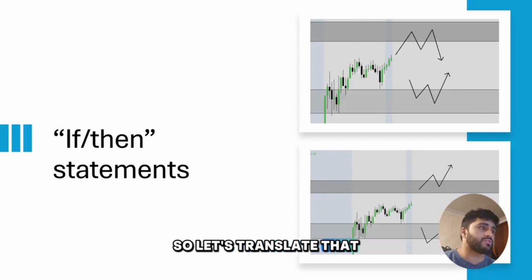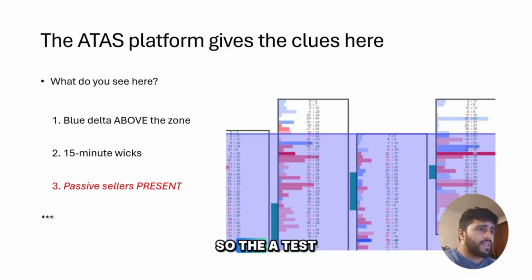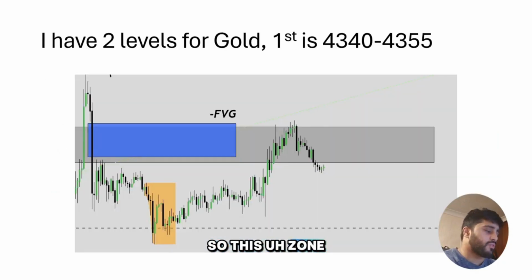So let's translate that to gold specifically. So I have 2 levels for gold. First one is, the main one is 43.40 to 43.50, 55 area. So the ATAS platform is what gives us the clue, right? So this zone over here is the same